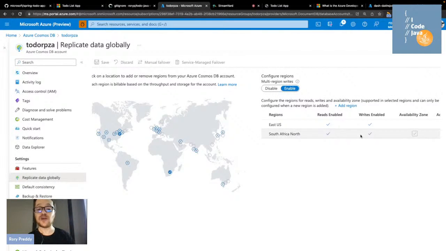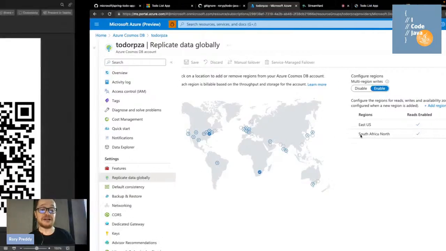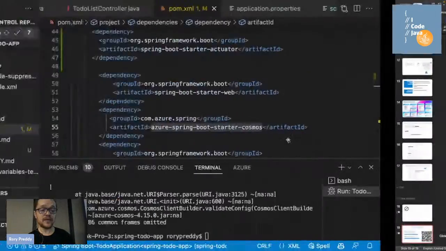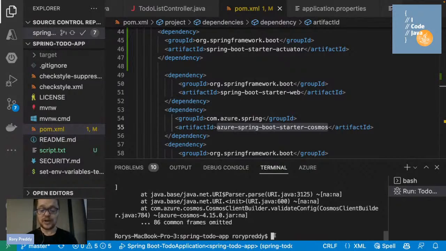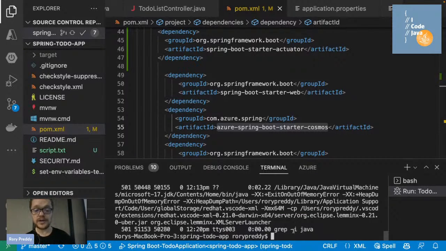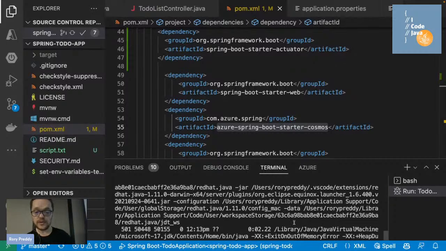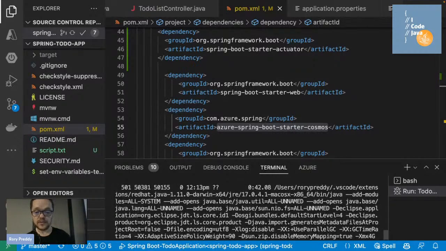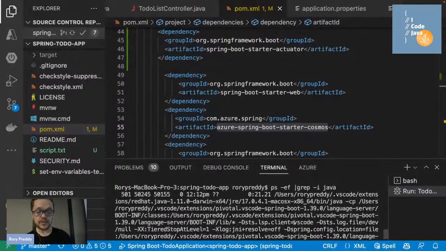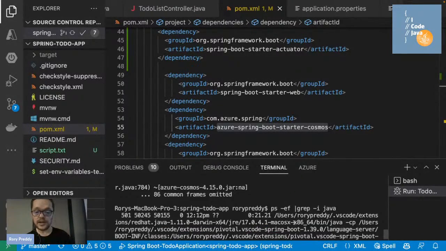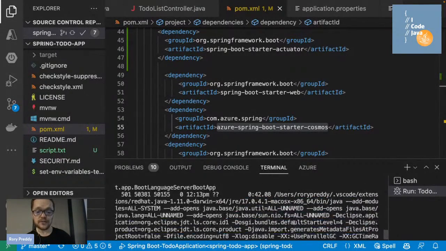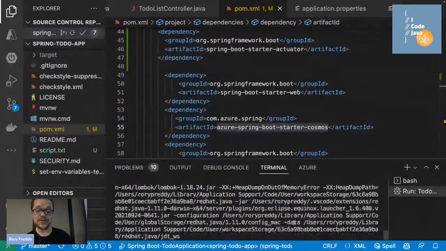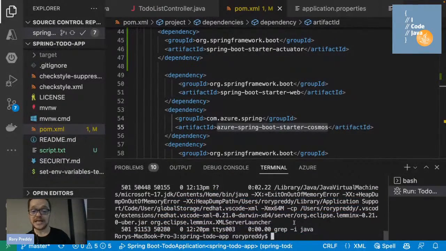My availability zones are there. Now I'm going to take a lot of risk. Let's go back in there. I want to just kill that thing, because I want to finally end off with a good feeling. I'm going to grep for Java, make sure it's dead now again, and that's the language server. That is something else, the Boot language server. Let's try one more time, and we'll see if we can do that, just to give me a nice feeling that Microsoft pays to have my children fed.